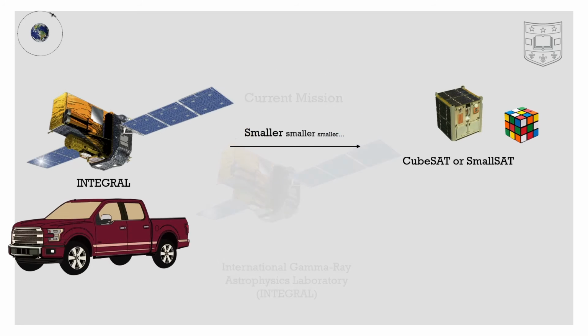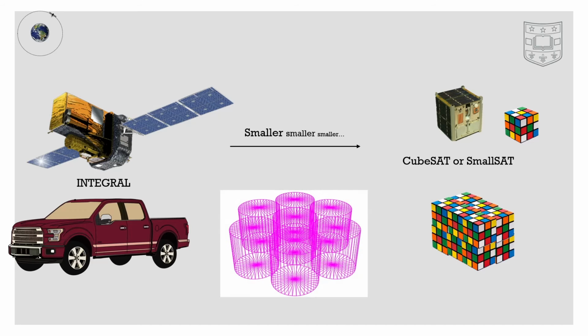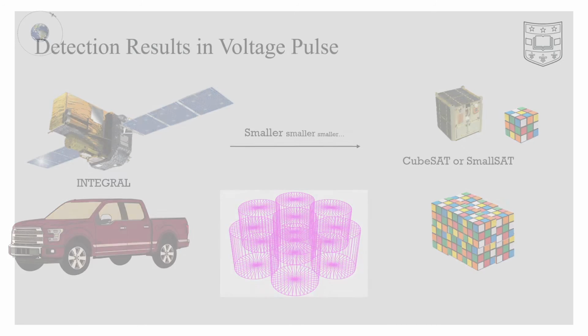And such a detector would be smaller, of the CubeSat and SmallSat class, and a CubeSat would just be an oversized Rubik's Cube that you can stack together. And much of the characterization of the performance of our proposed detector has been done with simulations in the past, remote research due to COVID. And a big goal this summer would be to obtain data from the physical detector that we have in our lab,